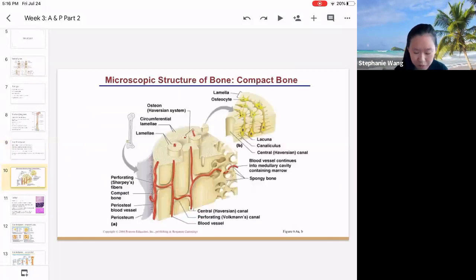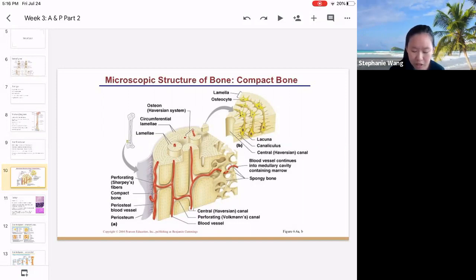Okay, next we will talk about the exact diagram of what we talked about in the last slide. So as you can see here, you can see the various osteocytes in yellow, and the fundamental unit of compact bone is the osteon. So these little circular things are osteons. Inside you'll see little circles inside the osteon as well, called the lamellae, and you can see on the outside there's a layer called the periosteum, and it's cohesive with the compact bone with fibers called Sharpey's fibers, things like that.